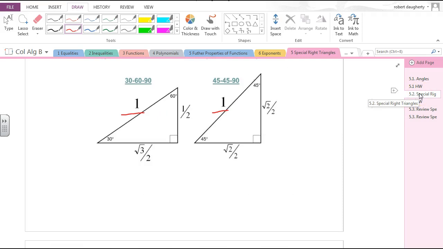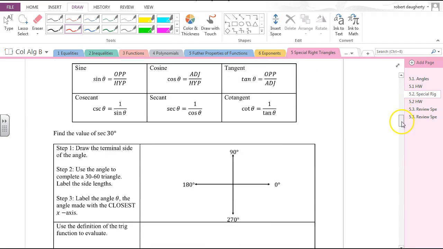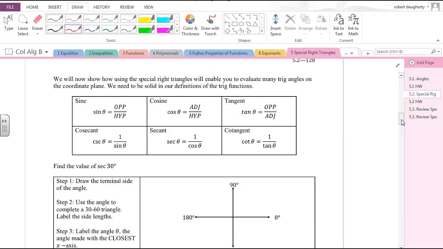You'll need to know that, and like I said, the way I always do it, whatever side is opposite 30 is 1/2 of the hypotenuse. And then to get the other side, multiply by square root of 3. And in this one, they're both square root of 2 over 2. So let's use that. What we're also going to need to remember, we're building on the trig. You've got to know all of the sine, cosine, tangent, all the trig functions we knew before. So remember we had an acronym,